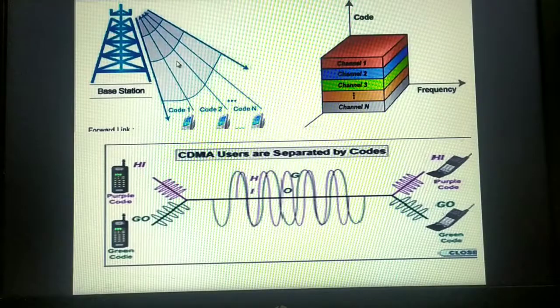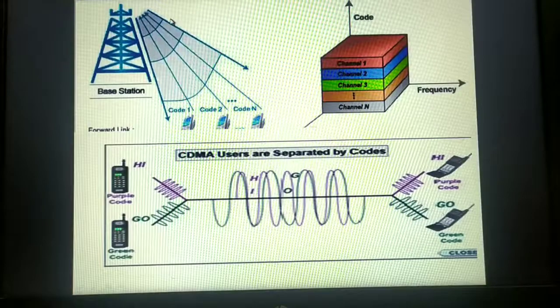Suppose think of this bandwidth. Any communication, whether it's GSM or CDMA, has to use the base station, that is, antennas. Suppose this spread spectrum is providing 200 kilohertz. That means each user, see there are 3 users, is using the full 200 kilohertz to transmit data.